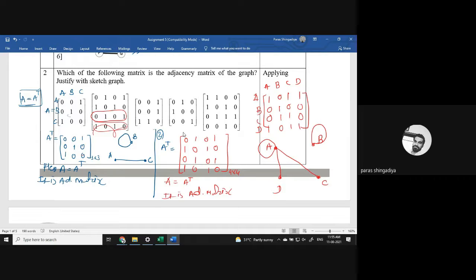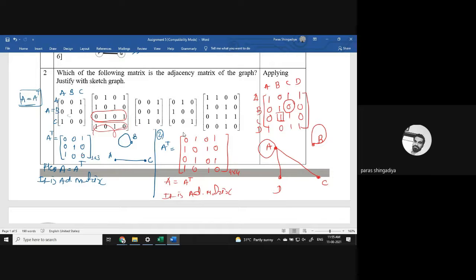Clear? So if we connect it here, it will be an error because there is no edge between B and C. We cannot consider here that C to B is also connected. Okay? If C to B is connected, then B to C also should be connected. But here the entry of B to C is 0. Clear? So therefore you will get some error creating such a graph. Here the C to B entry is 1, that is given. But the B to C entry should also be 1, right? Then it matches. Clear? So here the B to C entry is 0 and the C to B entry is 1. So it's problematic. Clear? So without verification, we cannot create a graph.